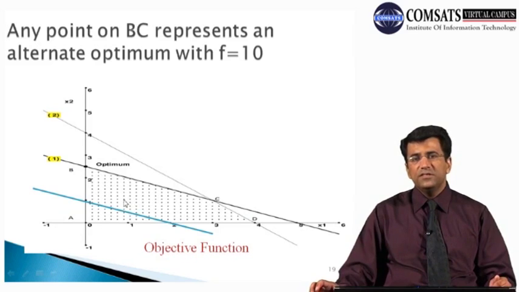Now again class, if we recall our iso profit line method for drawing the profit line on this graph, what we do in this particular case is put the profit value up to any arbitrary value, and then by putting the values of our decision variables one by one equal to 0, we may have a line which may be drawn on this particular graph. Now in this particular problem, this is our iso profit line.